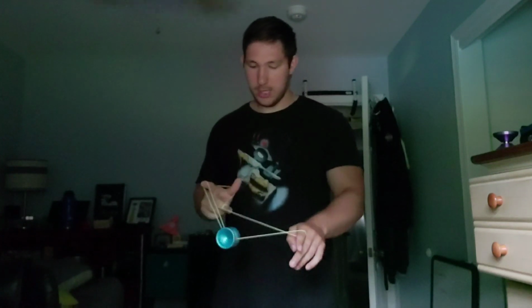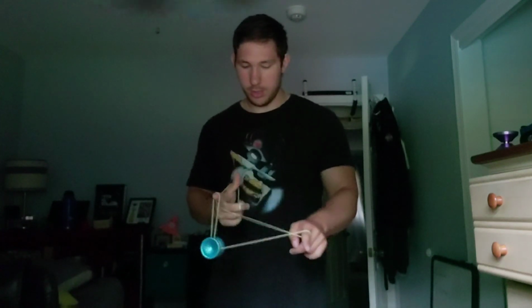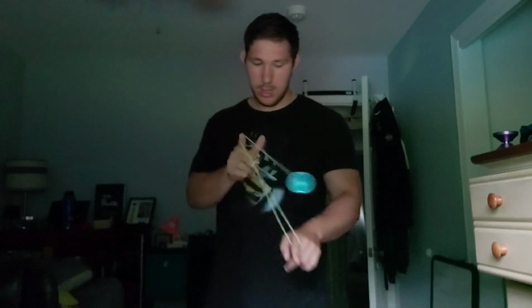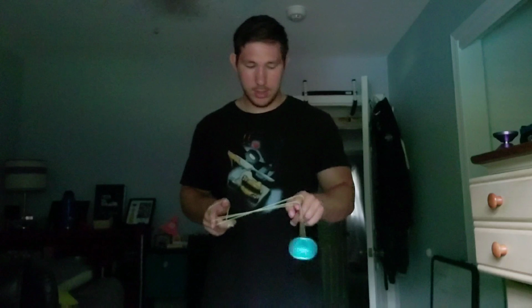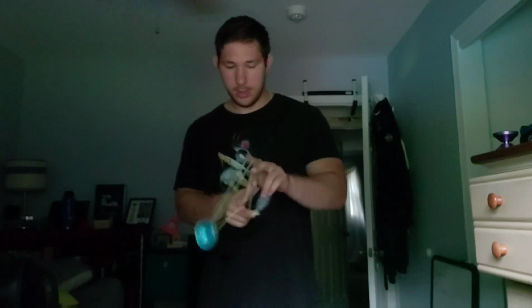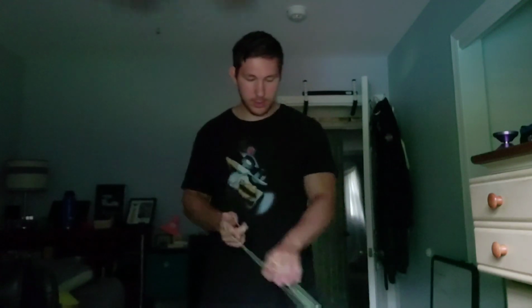So that part just takes a little while to get down smooth, but what you could do if you want to just practice now is you could just land on that front string like a trapeze and his brother, and just come over. You're going to push the string over like this, and then undermount right here, and then drop this finger. It's the exact same mount. So the next step from there,